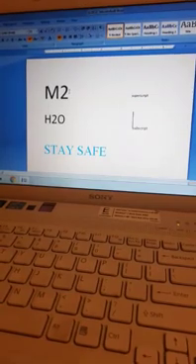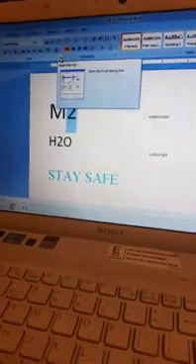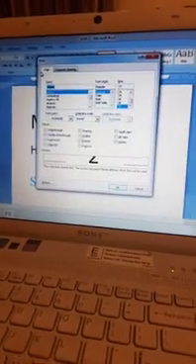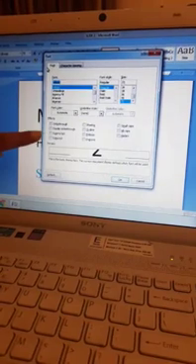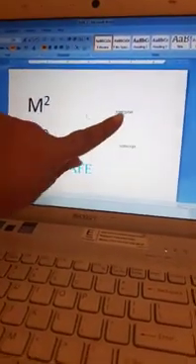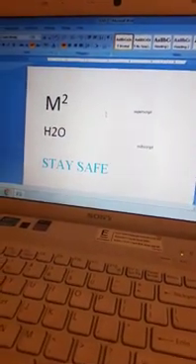Here I will select 2. Then I will go to font dialog box launcher. Now this is the font dialog box launcher. When I will click, a dialog box opens and the name of this dialog box is font dialog box. It has a number of fonts and effects. We have to select the effects. Which effect we are going to select? The superscript effect. So simply click on the checkbox, then click on OK, and see we have applied the superscript option to 2. Similarly, we can use the subscript option also.